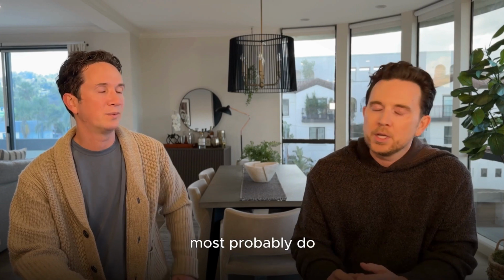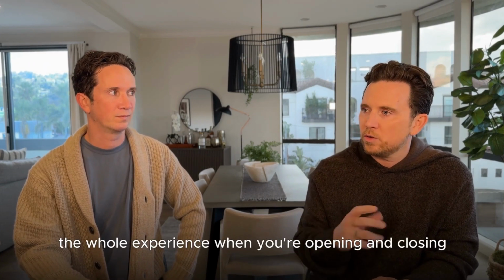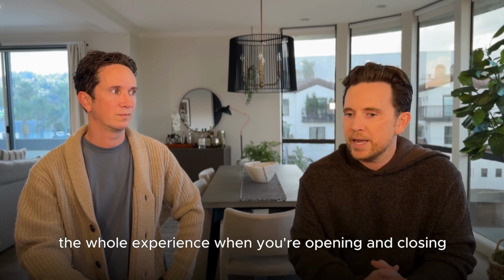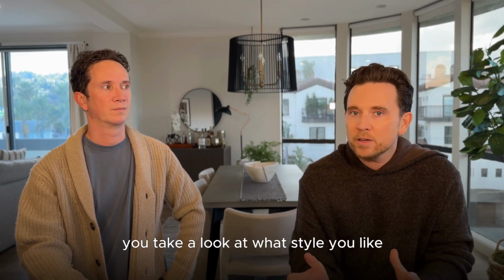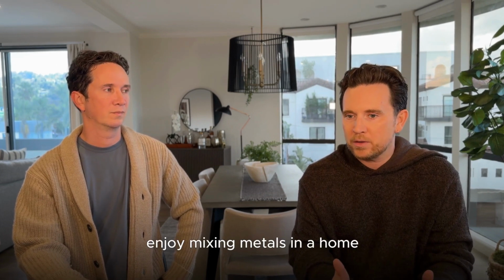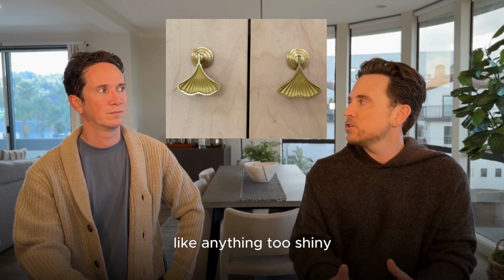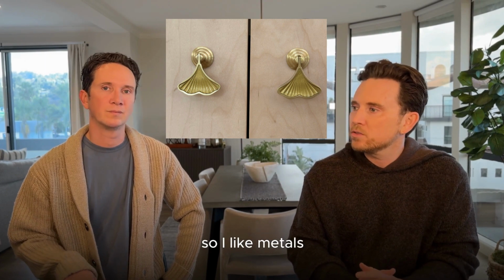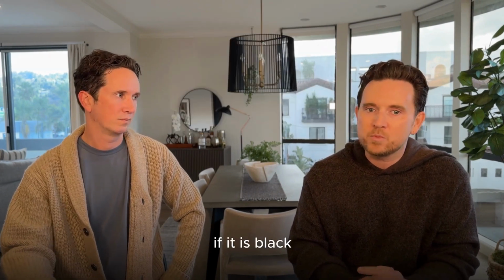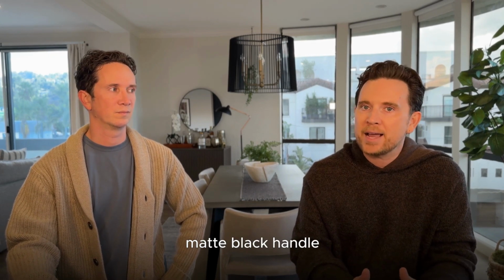Most probably do. If you get a solid weight on that door handle, it just changes the whole experience when you're opening and closing. And then you take a look at what style you like. I personally enjoy mixing metals in a home, and I don't necessarily like anything too shiny, so I like metals that feel worn. If it is black, I don't necessarily want it to just be a straight matte black handle